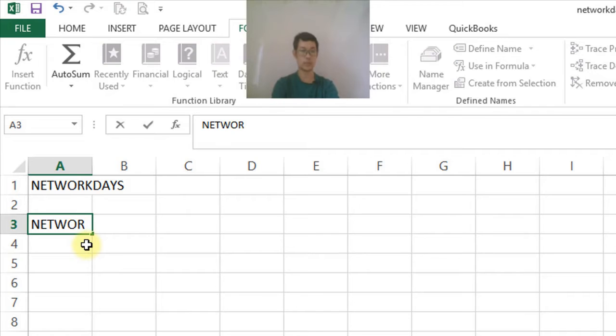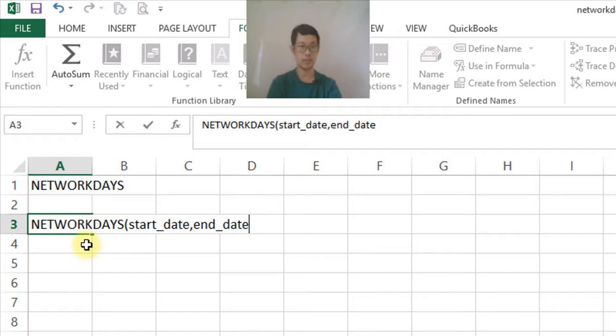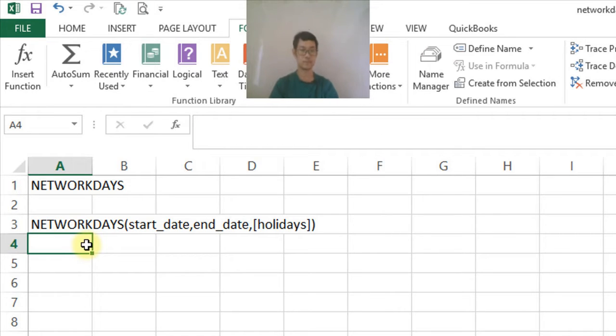Now, the syntax of this function is NETWORKDAYS, open the bracket, start date, end date, and holidays, close the bracket. The first and the second arguments are self-explanatory, which means you know what the start date means